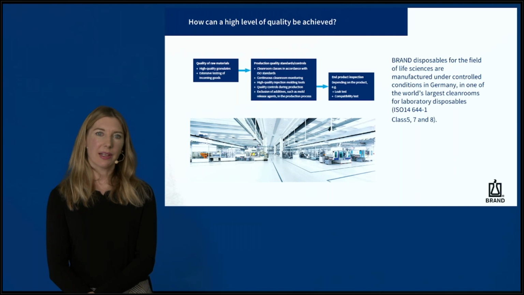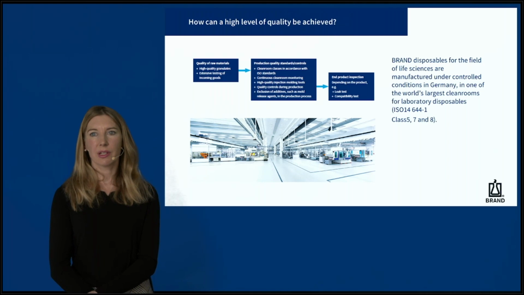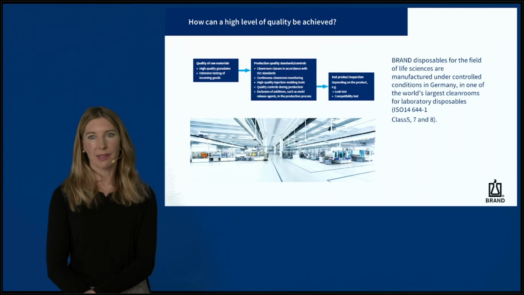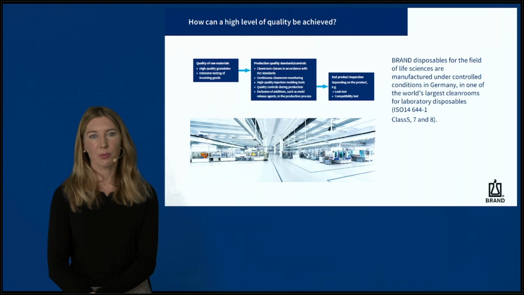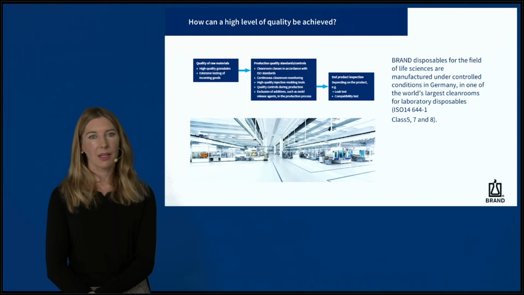When source materials are selected for life science products, Brand ensures that any substances which could leach out of the raw material and influence the biological tests are reduced to the minimum necessary for processing. Mold release agents are not used in the production process. For the production of pipette tips and PCR products, Brand uses specially selected polypropylene types which are free of the additives dihemda and oleamide. These two additives, which are often found in polypropylene granulates, can interfere with biological tests and lead to false results.